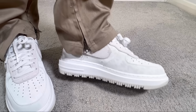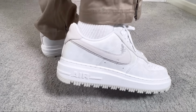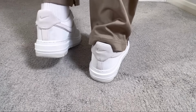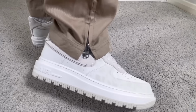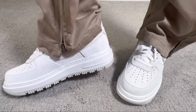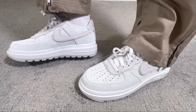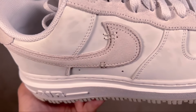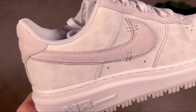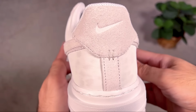So for this one we're gonna have a very nice mix of materials between this white leather, which will also have some very nice imprints and color as well. And on top of this one we're gonna have some suede overlays. One of it will be this lacing system. As you can see, also the Nike swooshes in the midfoot will look quite nice as well, where we're actually gonna have two on top of each other. And also here at the back of the heel section we're gonna have again some suede,